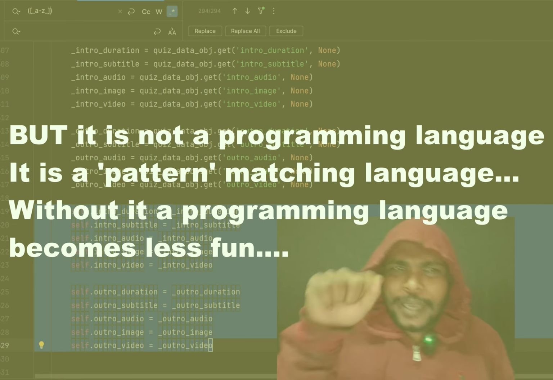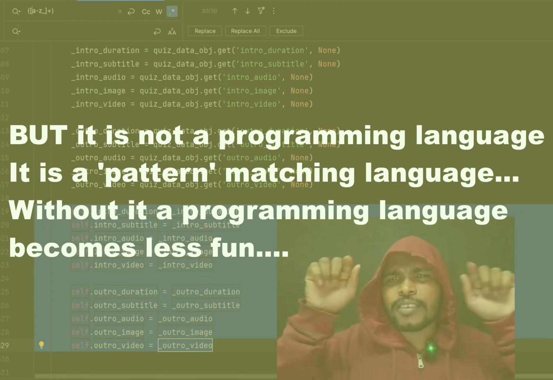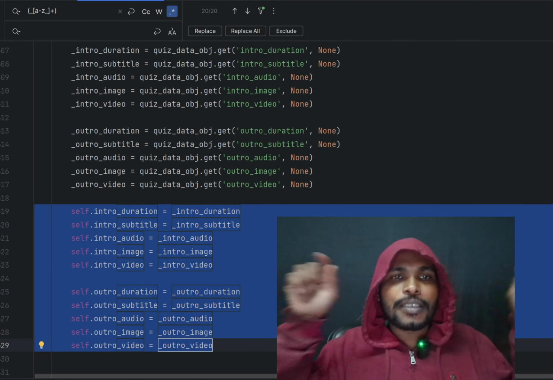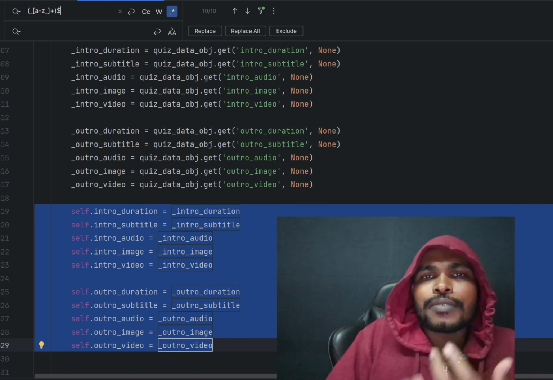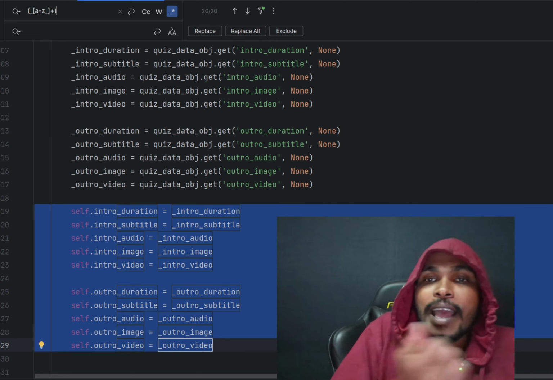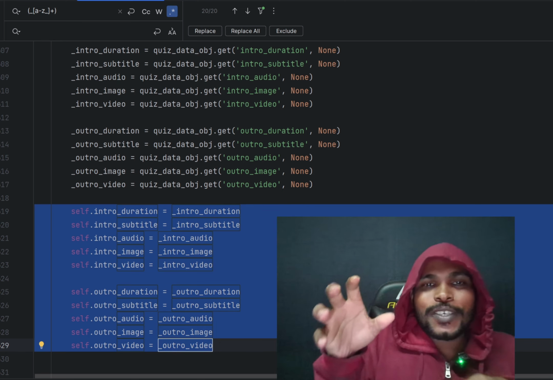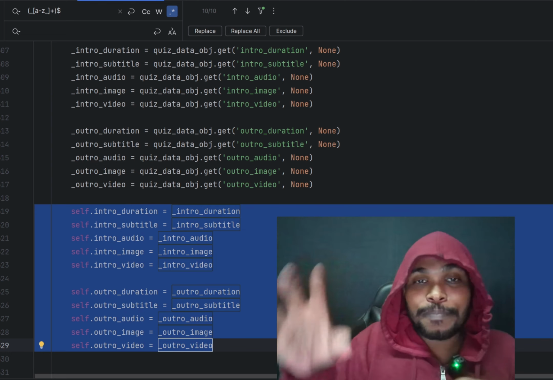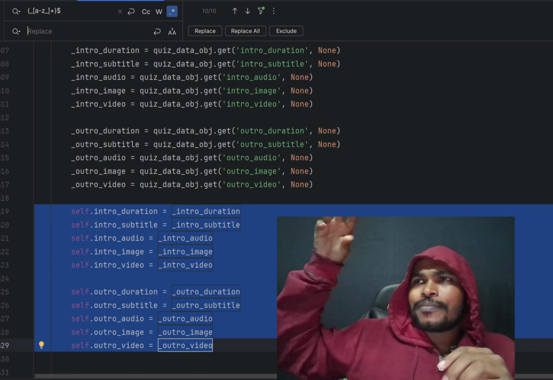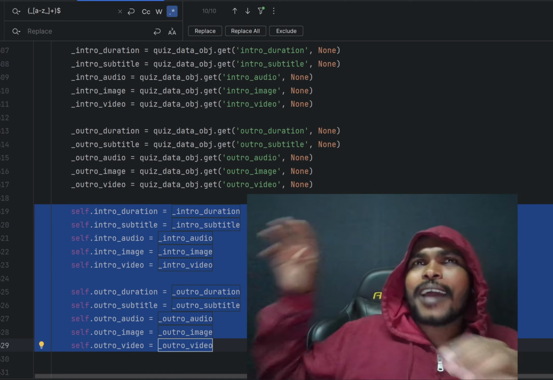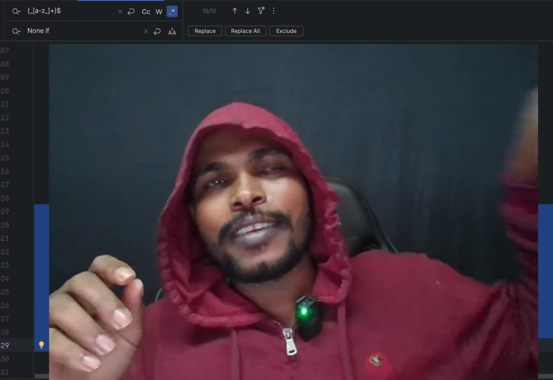You see that in my code, there are these variables called underscore intro duration, intro this, intro that, outro this, outro that, and I'm going to process those values and set them in as instance properties. Yes, I'm taking that from a dictionary. That is a hash map data structure, by the way, and that dictionary was generated from a JSON stream, and I'm taking that JSON stream from a Google Sheet where I developed that